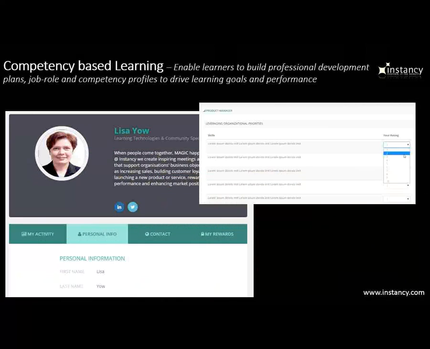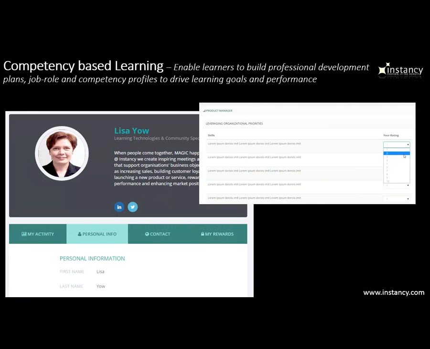In addition to setting up the learning catalog and personalized learning pages, Instancy Learning Platform has a unique capability for you to organize a competency-based learning approach where you can set up a competency database and competencies can be linked with all the key job roles that you service. The competencies can be further subdivided into skills and the content can be linked with those skills. In this approach, each learner can be